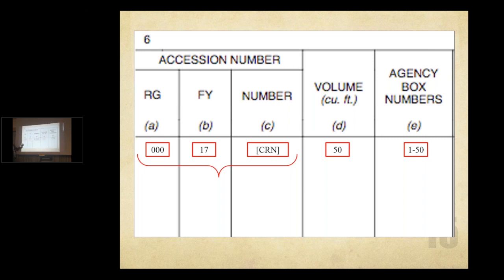Now, 6A, B, and C together make up what we call the transfer number. The SF-135 form will say accession number. That's the old language, but we say transfer number now. So 6A is your record group. I mentioned that earlier. Record group is a 3-digit code that corresponds to your agency that we use for billing